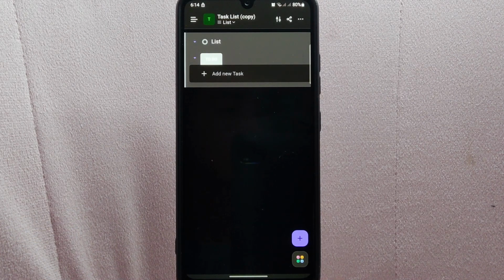There you go. If you wanted to know how to duplicate a space on ClickUp, that is the easiest way I know how. If you know another way to duplicate a space on ClickUp,